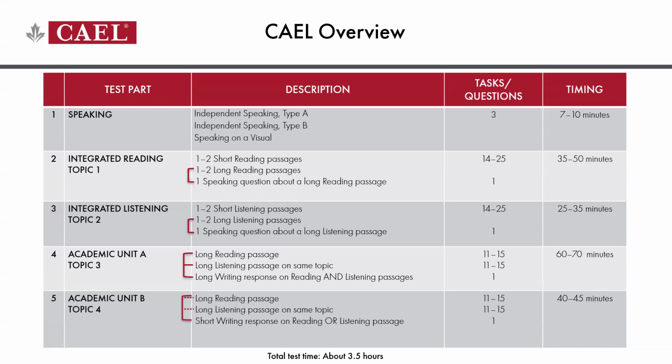That top part, CAEL part 1 rather, is all about speaking. This is the only part of your test where you are completing one language skill, namely speaking. You're not integrating that with anything else. And when you look over to the timing section on the right-hand side, you'll see that this is by far the fastest part of the whole test. It takes up to 10 minutes to answer those 3 questions while you're speaking,